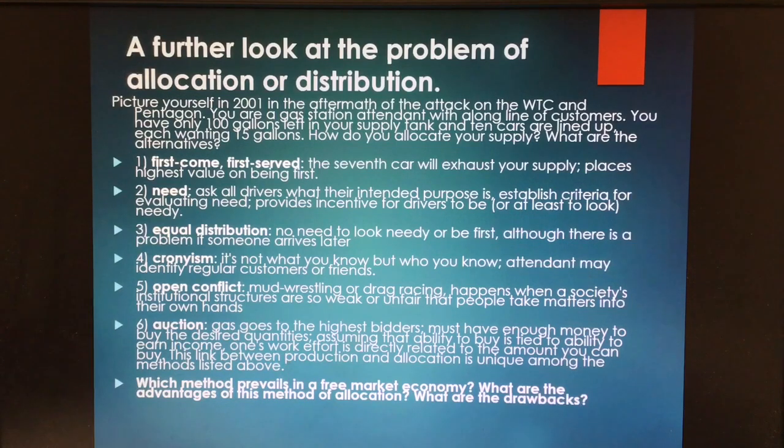But anyway, one thing I'll leave you with, because I'm about to run out of time here, is this. The last question: which method prevails in a free market economy? It's actually number 6. That is, gas is auctioned to the highest bidders. And the advantage of that method over all the others is that by selling to the highest bidder, you reap a higher price, which encourages the seller of the good to find more of that product. It encourages, on the basis of seeking profit, the seller of the good to try